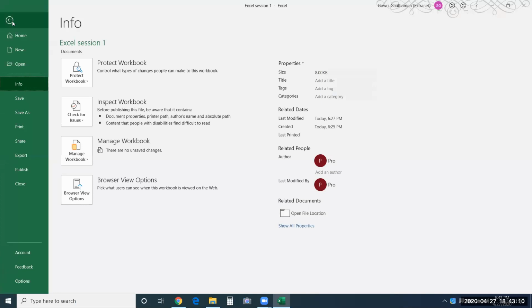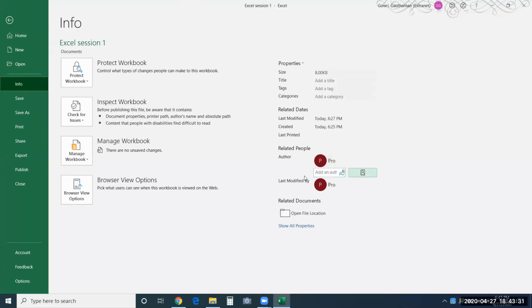When you click on it, you get to see a window like this. This is known as the backstage view, where it has got all information about your file. So what is the size of your file, who created it, when it was last modified, last printed if it was printed, who is the author name.